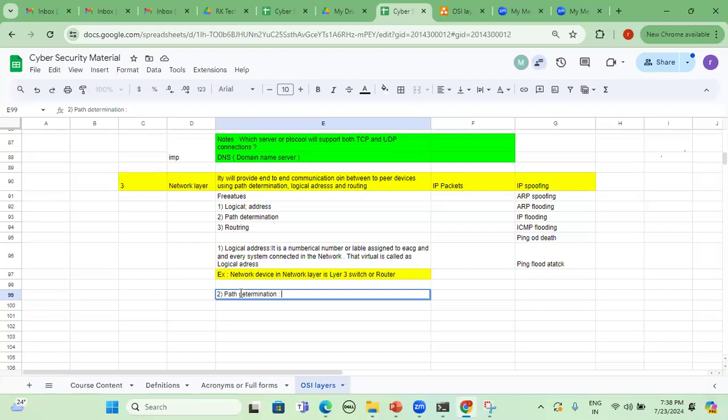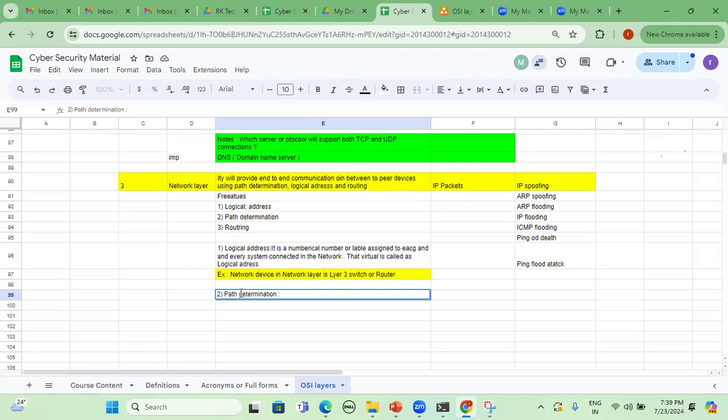Whenever any packet travels from source to destination in the form of data or information, routers always choose the smallest route or best route.